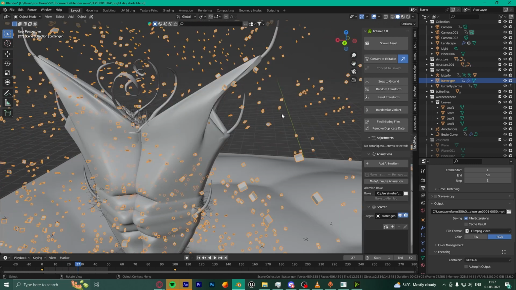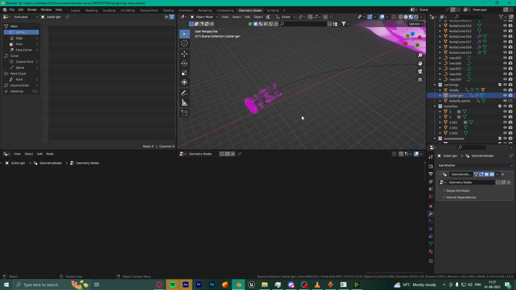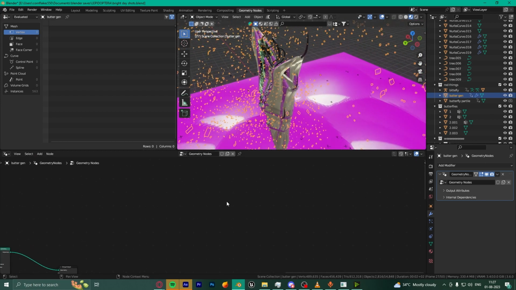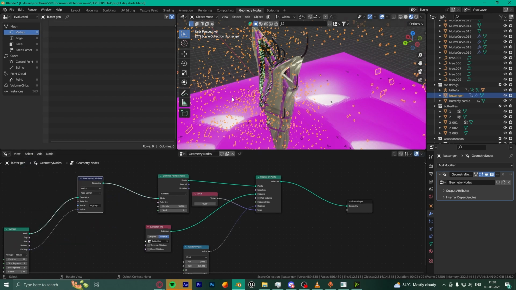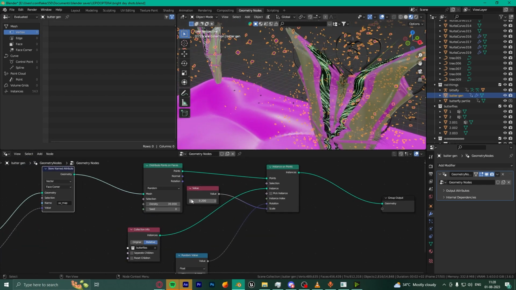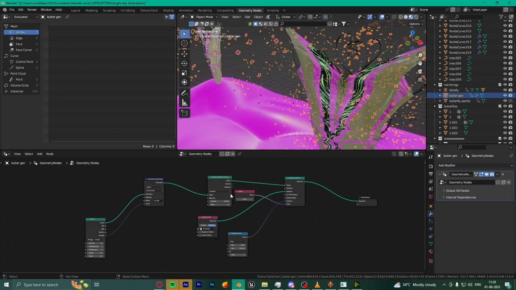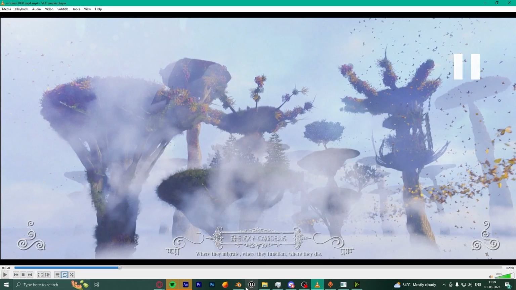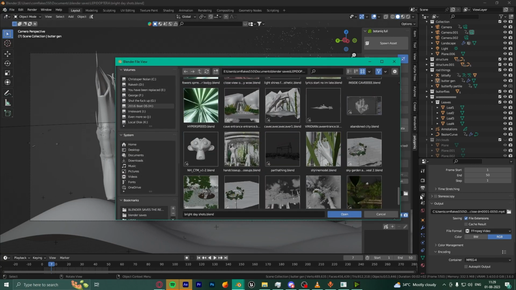Also this stuff, this is once again butterflies. And if you go to geometry nodes, this is a way simpler system that I made myself. It just scatters the butterflies over an area randomly. You can copy it if you want. I'm pretty sure I've done this before in scene 4 or something. It's the same thing. The next scene right here took me a lot of time to create